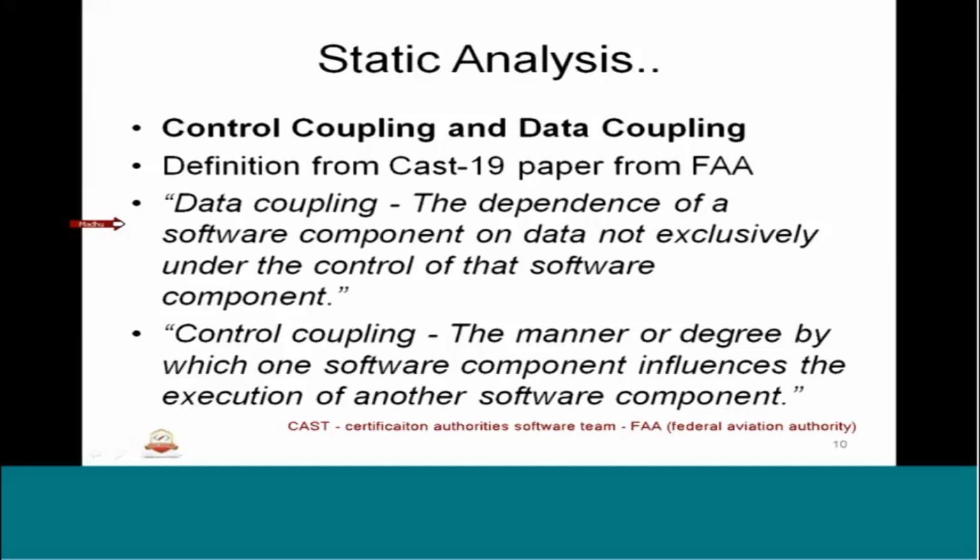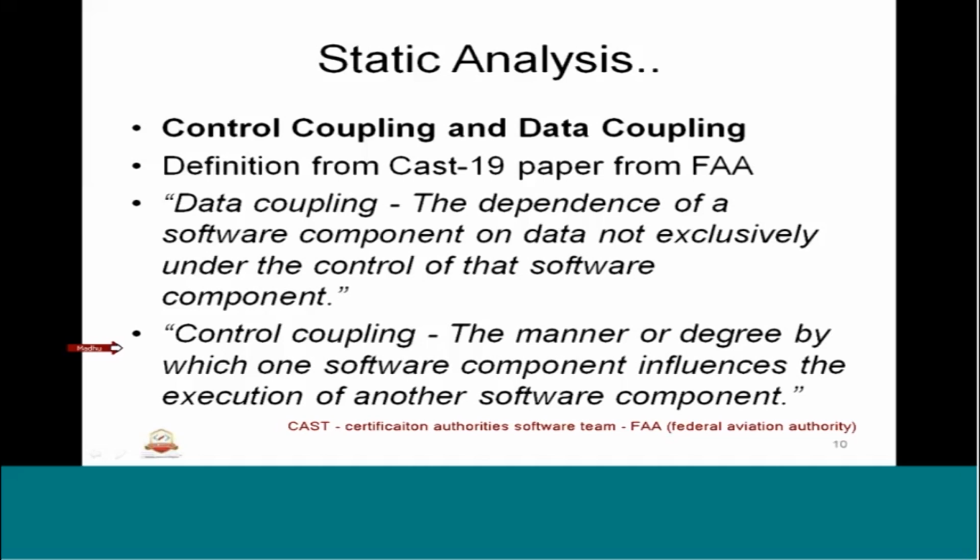The other aspect is control coupling, the manner or degree by which one software component influences the execution of another software component. We know that there are functionalities, those functionalities are divided into various sub functionalities or sub procedures. So each one will have a dependency. So how they are bound, what is the binding between them, is what is getting defined in control coupling. So these two are very important. These two have to be analyzed